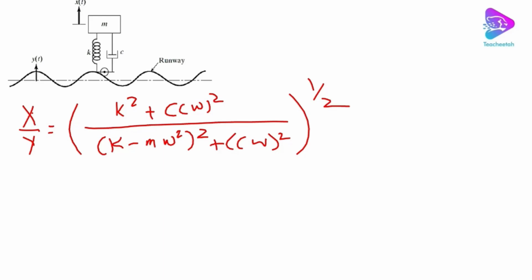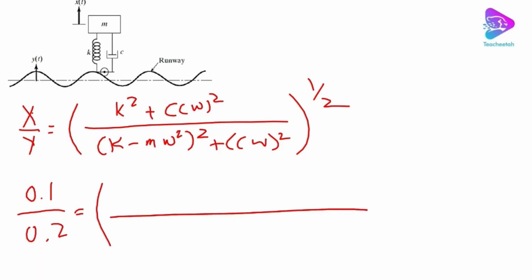We can even write x and y in the system, so let's make more calculations. x was 0.1, y was 0.2 in the system. And then we can plug in other values, for example k squared plus c squared. Omega is given